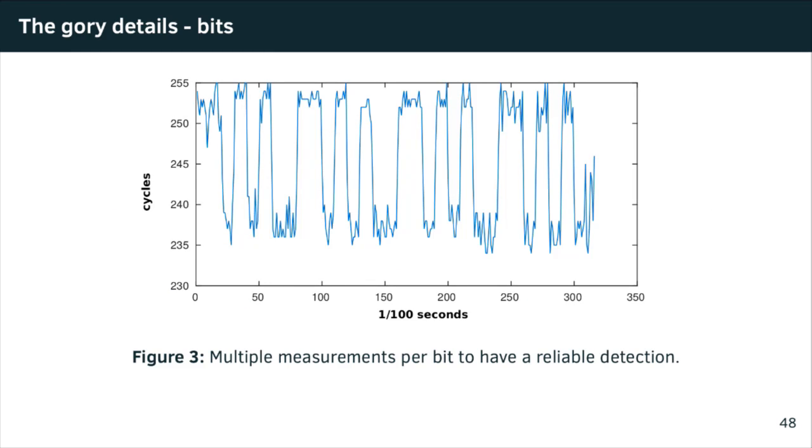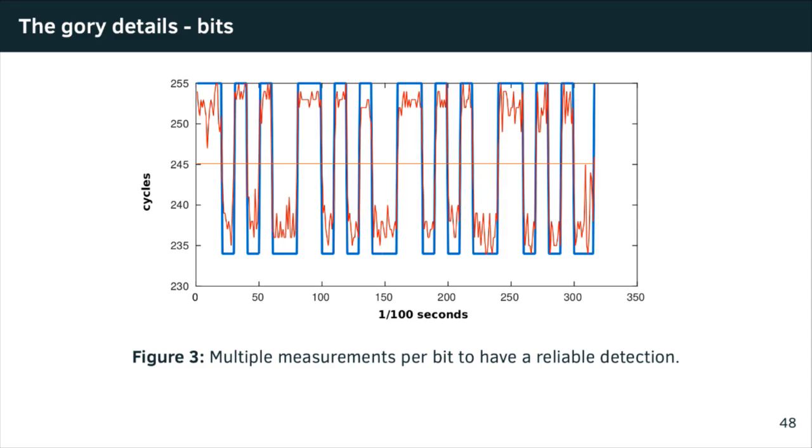And it looks something like that. So that's an actual measurement from the JavaScript. We can really see the differences between row conflicts and row hits. So we have these low and high access times, and we always did a few measurements for every bit, to be absolutely sure that it's correct. In this case we did 10 measurements per bit we sent, and we can do an overlay here, use the average, very simple,